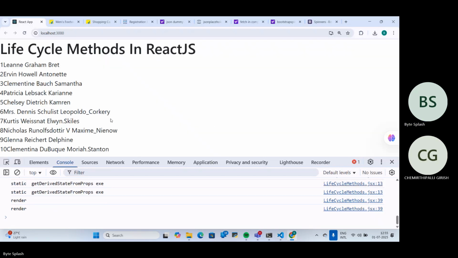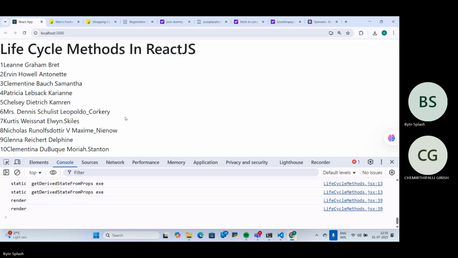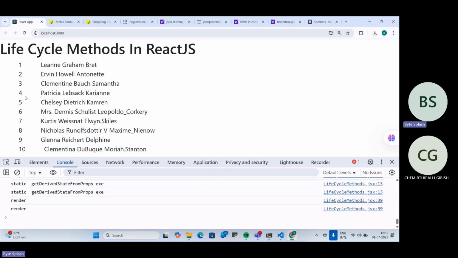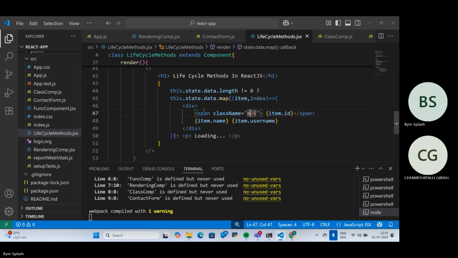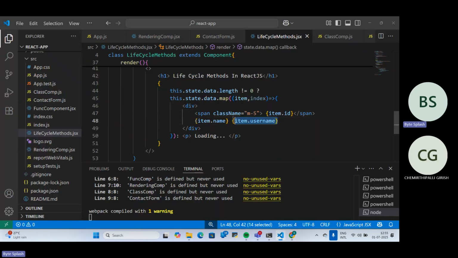See, we are getting one. We'll just maintain some space. So Bootstrap we have already loaded. Class name margin y, margin y 5. Just maintain. Okay. So 1, 2, it is username. Okay, to display this username separately,